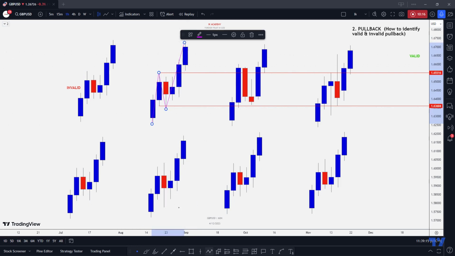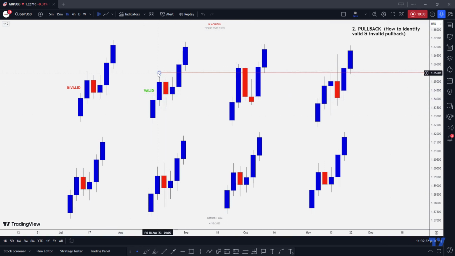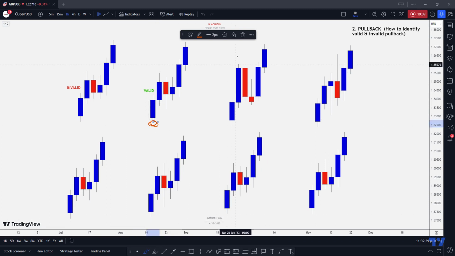But basically, what we had here was price from here going straight up. This was a straight line to the upside. That's not a valid pullback, from the first example. And on the second example, this is a valid pullback. So we can classify this place from here, from this level,